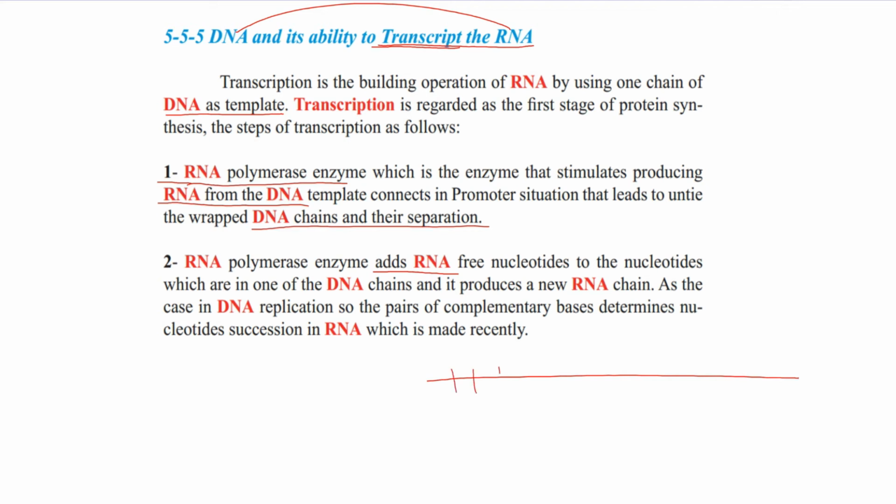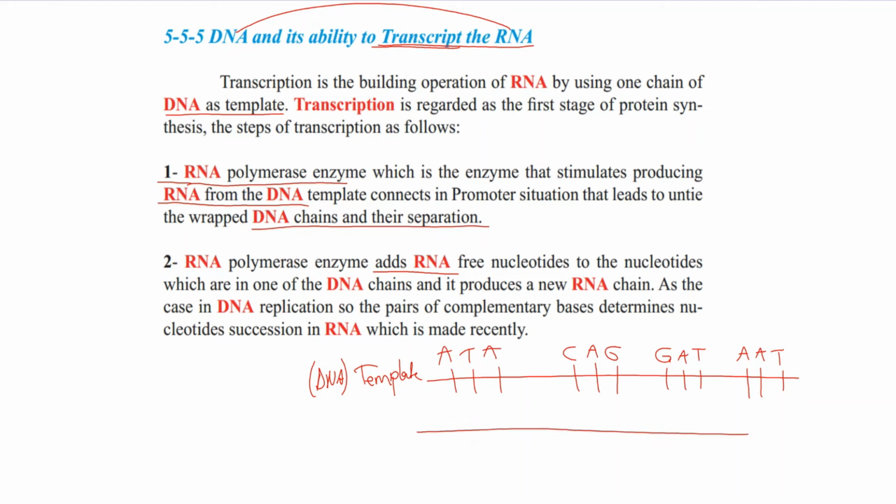For example, this is the template DNA with A, T, A, C, A, G, G, A, T, and A, T. So this template DNA, transcribed RNA,